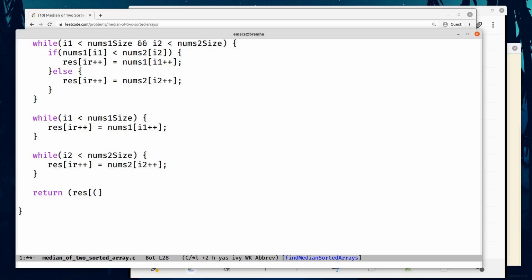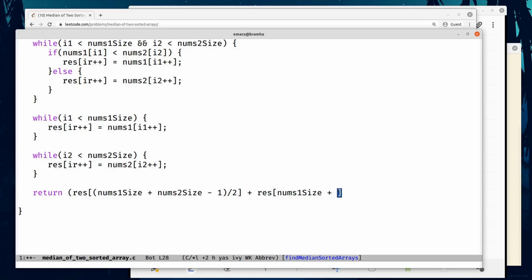Here I have to write total minus 1 by 2, where total is nums1 size plus nums2 size, so nums1 size plus nums2 size minus 1 by 2. This is an integer division, plus the result of